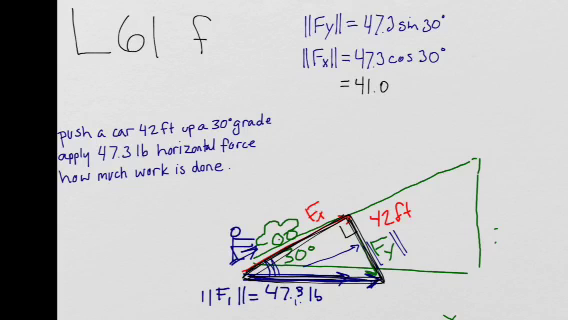And then we just multiply that, 41 pounds of force times the distance that they're traveling, which is 42 feet. And 41 times 42 is 1,722 units of work. And I don't know if that's newtons or what, but that's the idea